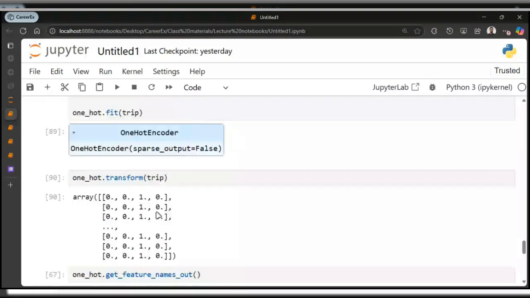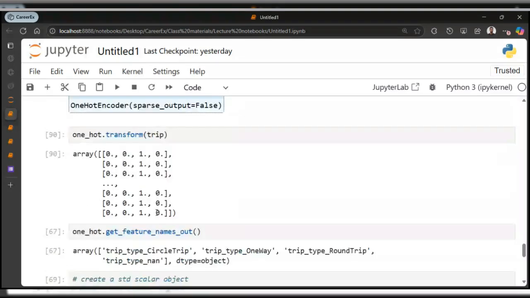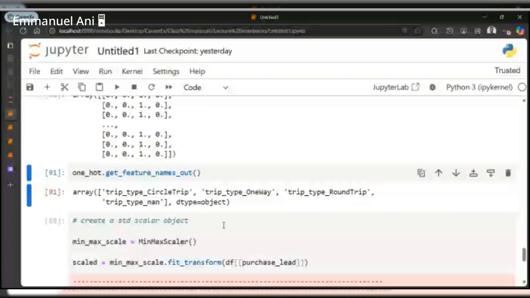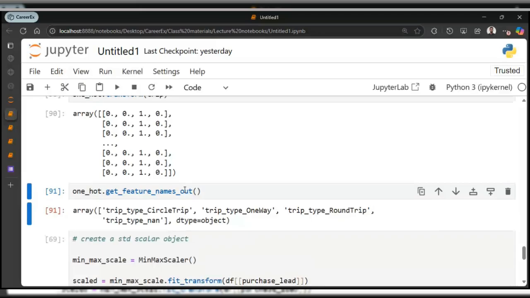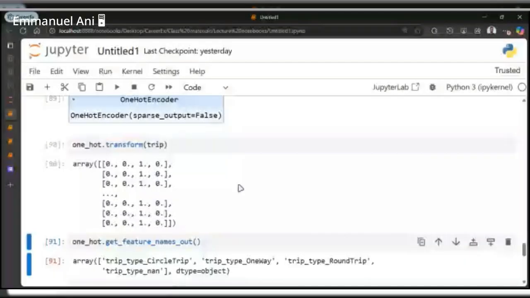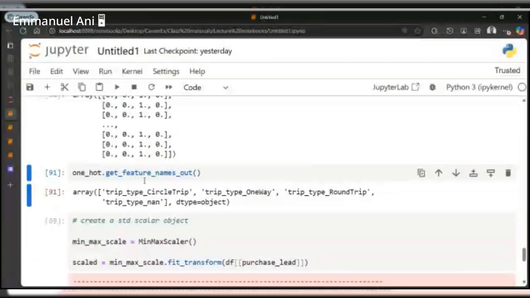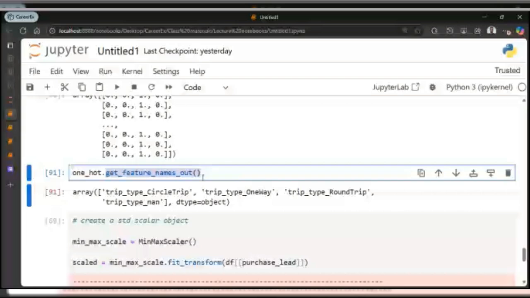And remember, I said something yesterday that we can actually convert this to a data frame if you want to appreciate it. There is a particular method you can use to get the feature names for this output.